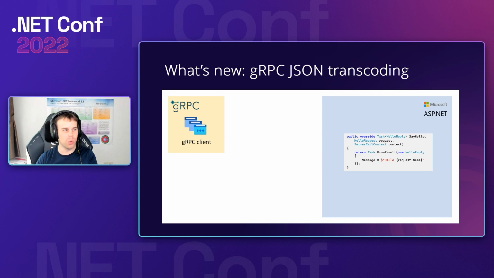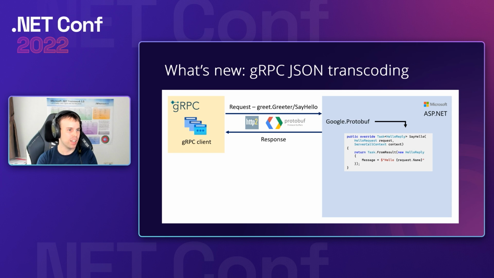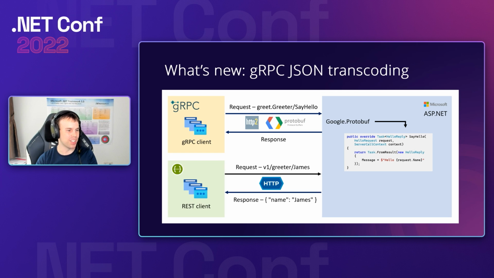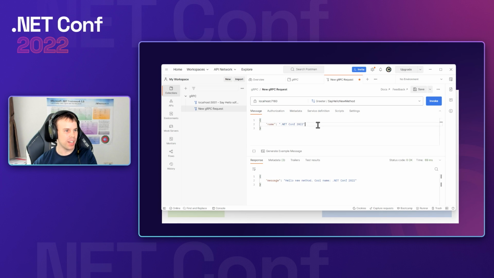So let's do a quick overview of how it worked. Imagine we've got a gRPC client that's talking protobuf. We use a google.protobuf serializer to deserialize to our hello request, and then we invoke our method. Imagine we've got a RESTful API client. It's got a custom route, which has got a route parameter. We bind that to hello request. We invoke the same method, and we're good to go. And even though I just showed off invoking it with REST, there's no reason you can't still keep using protobuf to use it at the same time. It's not one or the other, it's both at the same time.